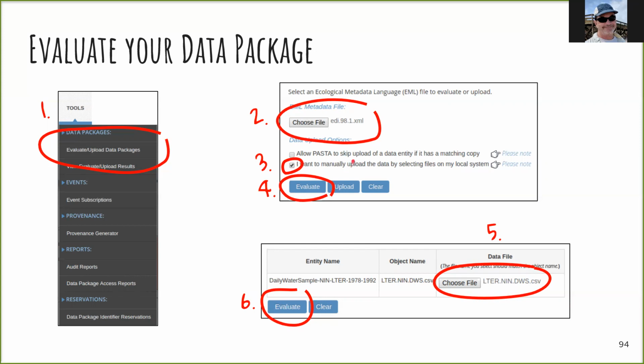But we also recognize that some researchers may want to just upload directly from their desktop. And what this one checkbox does is it allows us to manually upload the data from your desktop system directly into this portal, and let the portal act as a staging environment for your data. And so what I would do then is check that box at step 3,